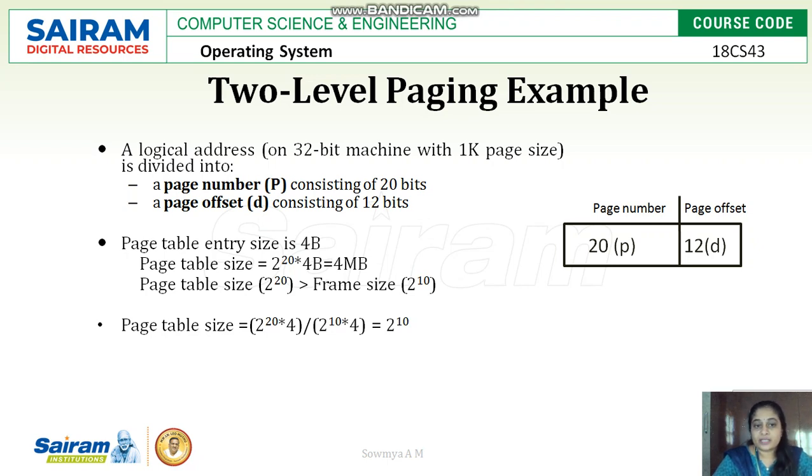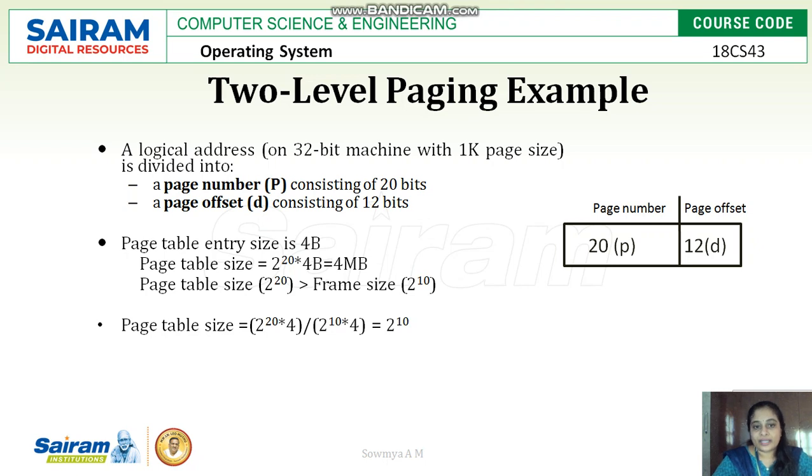So the page table size of 2 power 20 entries is greater than the frame size. The page table size has to be reduced, since the size of the page table has gradually increased and it has to be kept track of. So this made use of page number as well as page offset. Since the page offset is 12 bits, the 12-bit offset will be kept the same, and the page number, which is 2 power 20, will be varied.